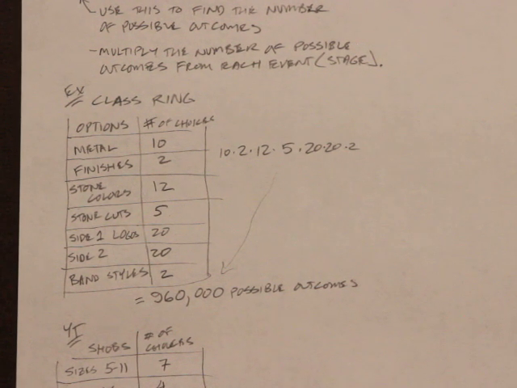So tell me the total number of possible outcomes in this scenario if you go to the shoe store and you have these different choices that you can make. So pause it,